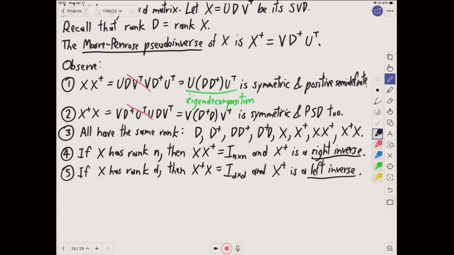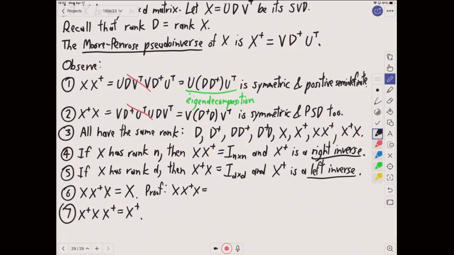Here's a few more observations, which were actually kind of the motivating definition in Penrose's original paper. If you multiply X by X transpose by X, you get X. And if you swap them, X transpose times X transpose, you get X transpose. And the proof of the first one is X transpose X is, well,